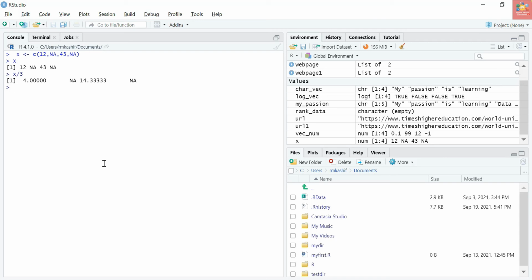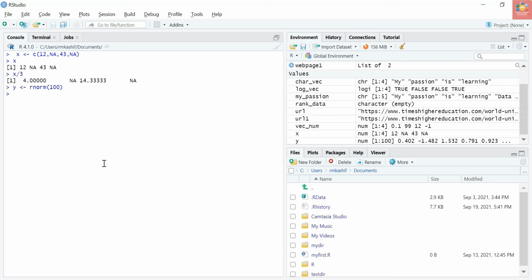Now let's make it interesting and draw 100 random numbers from a standard normal distribution. Like y is equal to rnorm, which is the function to generate random numbers from a standard normal distribution. Let's generate 100 random numbers. And now let's create a vector of NAs.